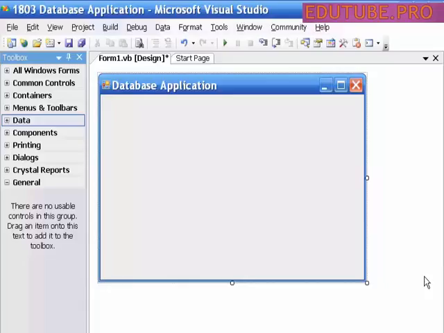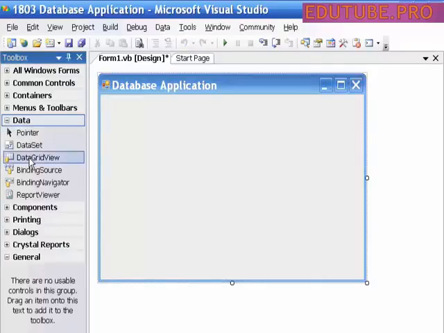In this movie I will demonstrate creating a database application. That is, a Visual Basic program that will be linked to an Access data file. The good news here is that Visual Basic .NET's environment has provided a series of wizards that will step you through the process. To get started, you first need to go to the toolbox and expand the Data